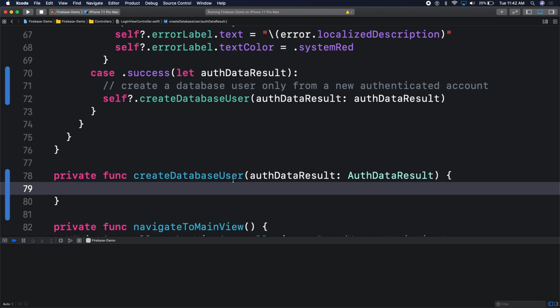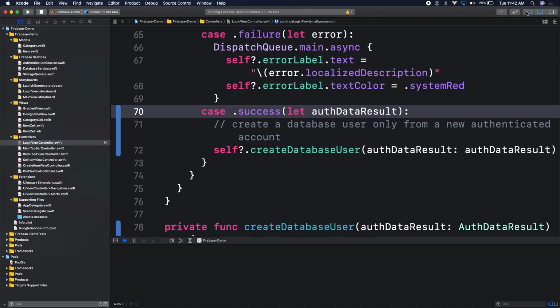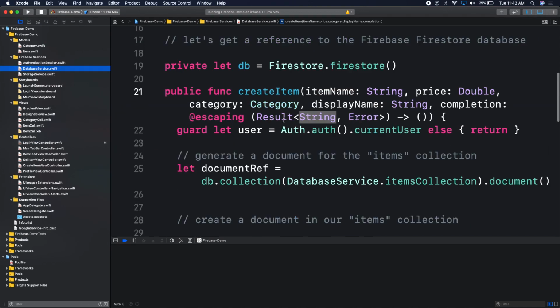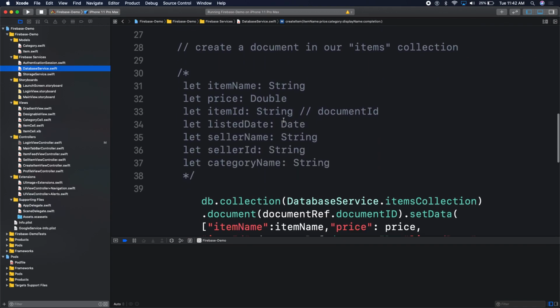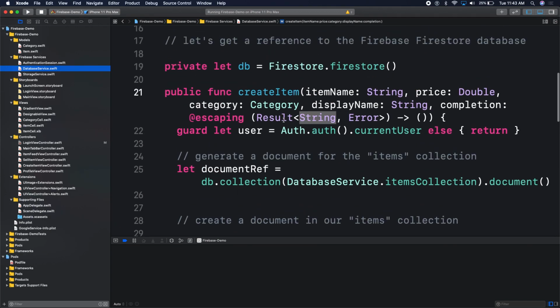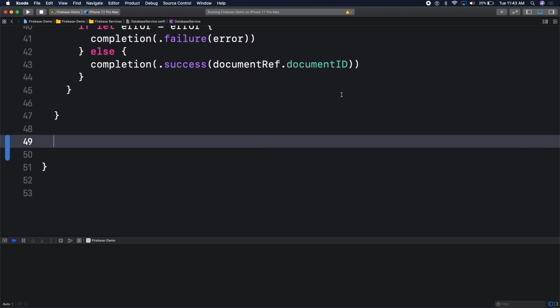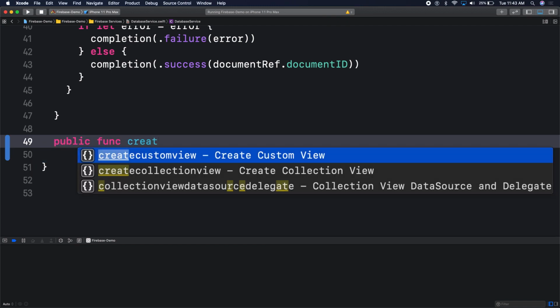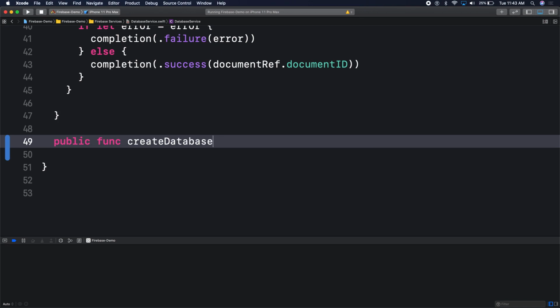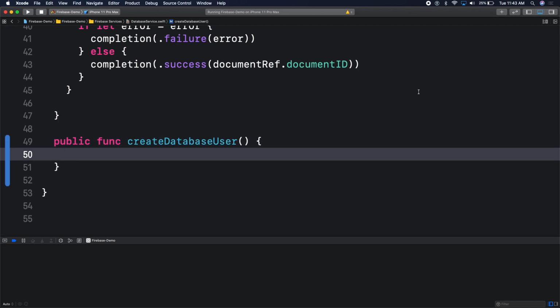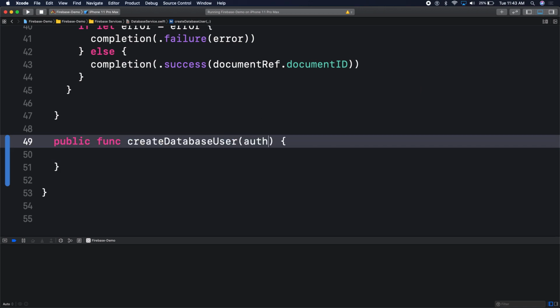Okay, cool, good? All right, so let's navigate over to our database service. In our database service, we have a create item. That's all we have right now. Let's go ahead and create a new public function, and we'll call it create database user. And this takes in an off data result, type off data result. It returns some sort of completion,